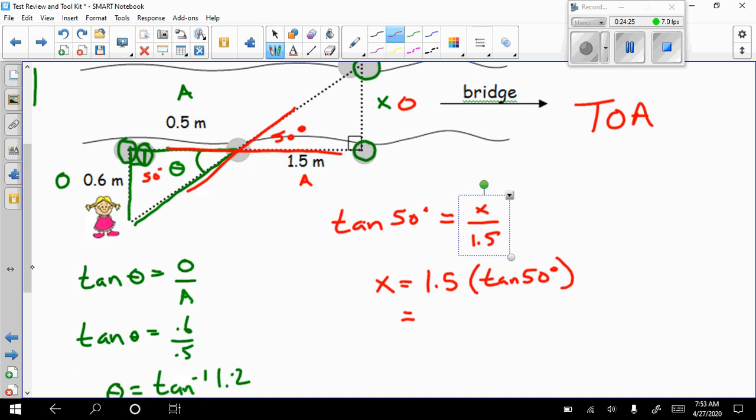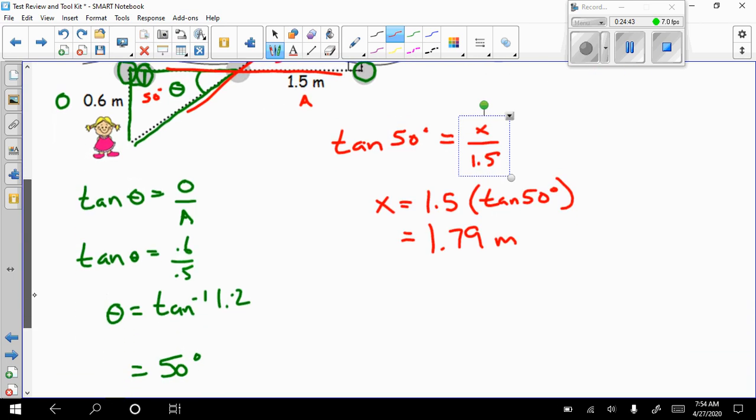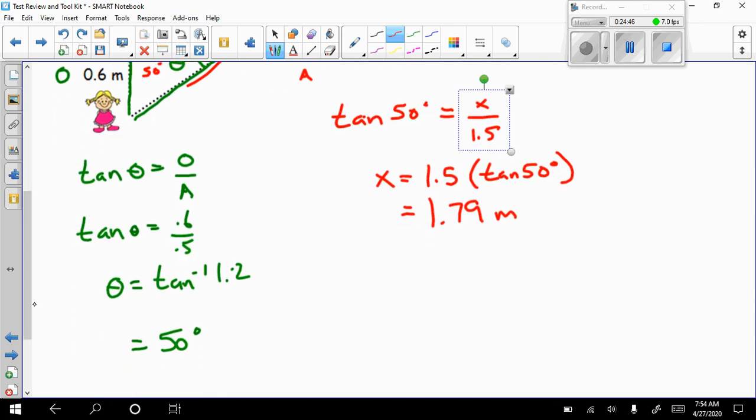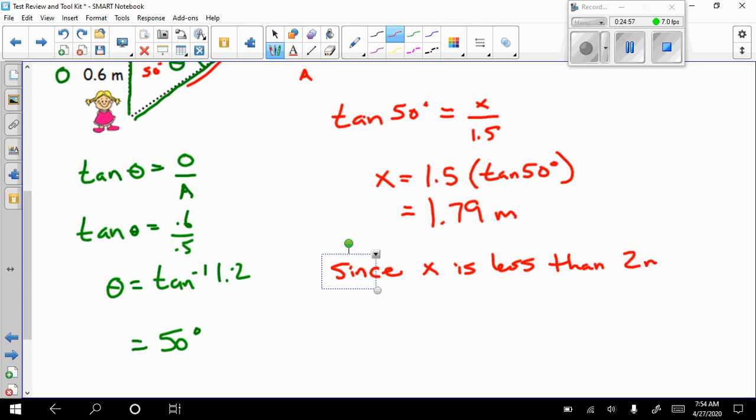I'll go 1.5 times tan of 50 equals, and I get a number of 1.787, so I'll say 1.79 meters. And so therefore it's less than the 2 meters, and so I'll say since x is less than 2 meters,